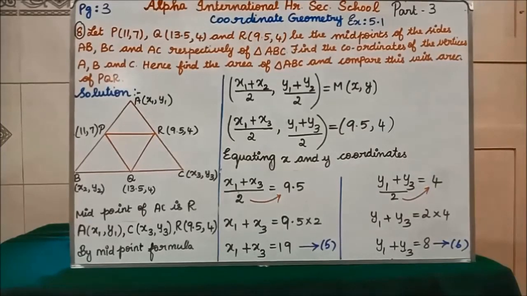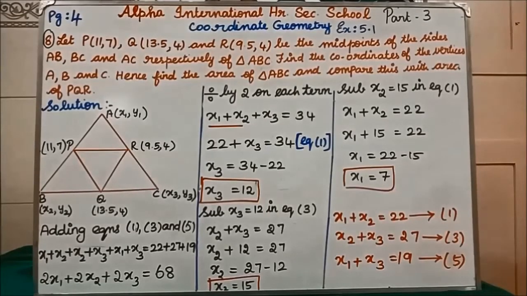Now we are going to add these equations, which you will see now. This is your page number 4. So far we have derived 6 equations. Among the 6 equations, we are going to add 1, 3, 5. See, in the red marker below I have written equations 1, 3, 5. First we are going to add these. Why am I taking only these equations? Because first I am going to find the x1, x2 and x3 values, and only in these equations do we get x1, x2, x3.